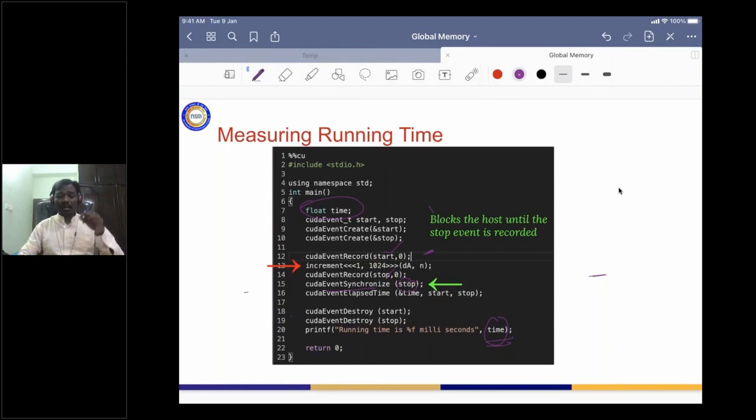If we do not synchronize, then before that function call is complete, before that function is even executed, the CPU thread can come to the next line and start computing the difference between start and stop. We should not do that, right?